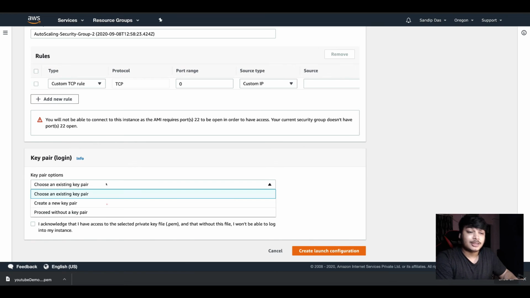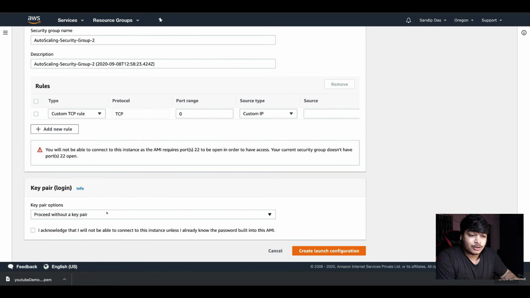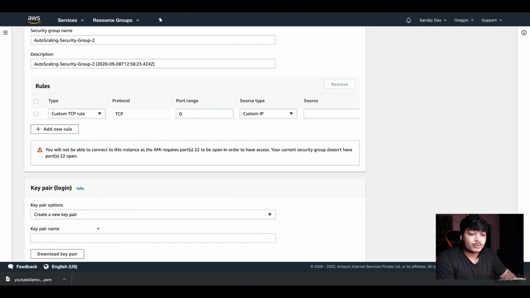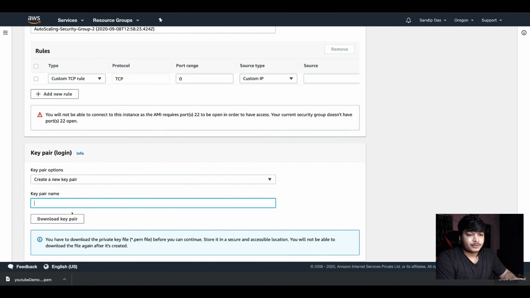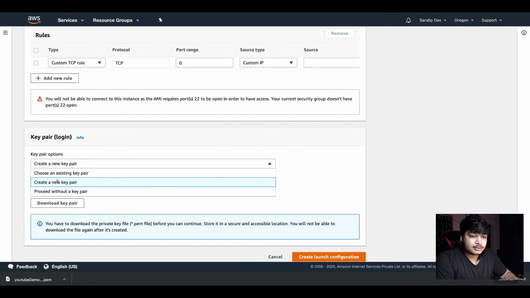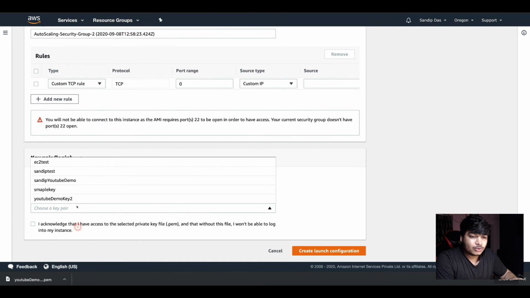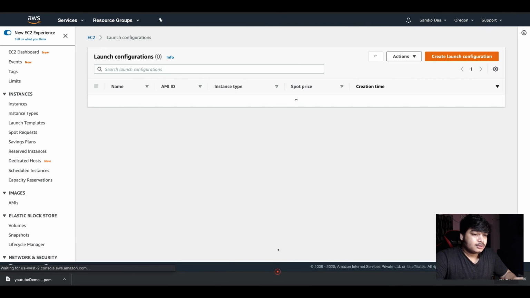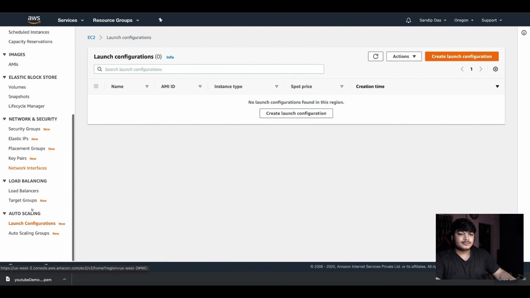For those cases, you need the key pairs. If you don't want it, it's okay. If you don't want to do it, then you have to select proceed without a key pair. If you want to make sure that it's a key pair you need, just give the key pair name, the existing one. Normally you should be using the existing one, but if you want to create a new one, you can always create it. They have the option here. Okay, this is what I'm going to show you.